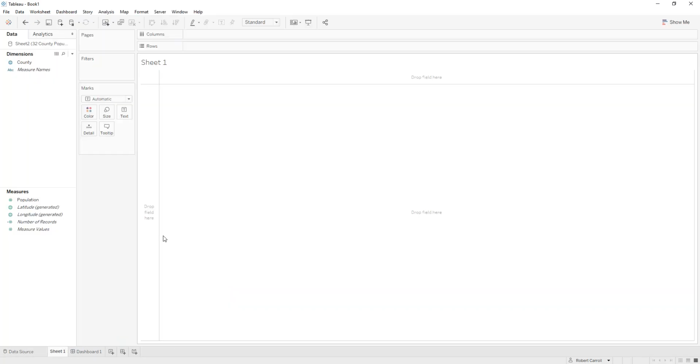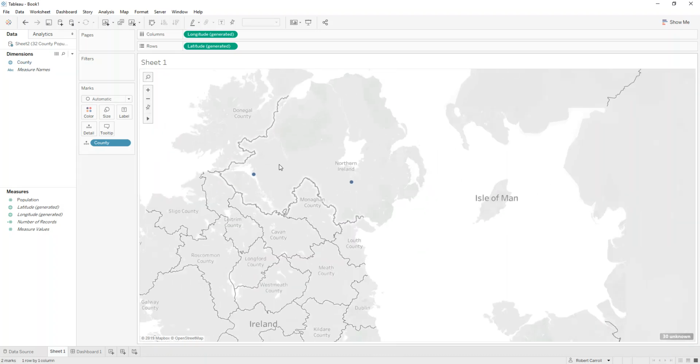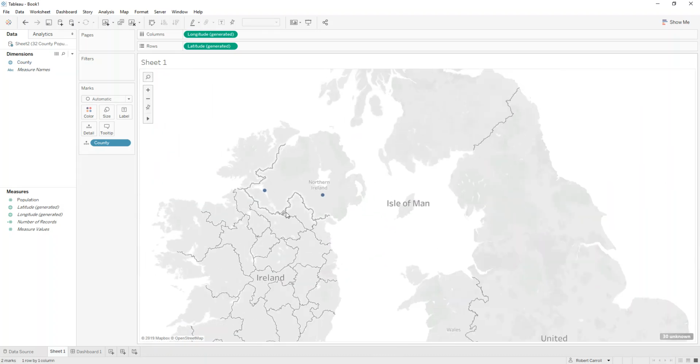Now usually this is pretty straightforward in Tableau. Once you see the globe icon on a field, you can usually double click and you will get a map. Unfortunately, in this case, it doesn't work. And that's because we're crossing jurisdictions, basically. So the way the Republic maps the 26 counties is different from the way Northern Ireland or the UK maps